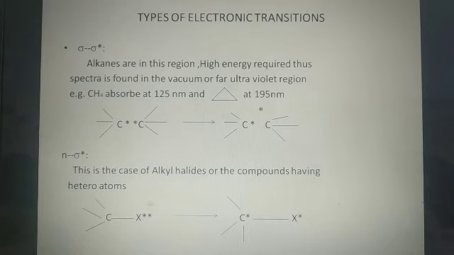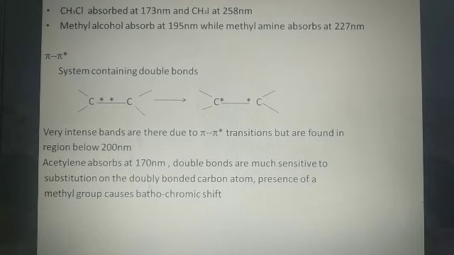The energy required for the excitation also changes with respect to the heteroatom attached. Suppose chlorine is attached. Then we know that chlorine is more electronegative, so electrons are firmly held by the atom. Whenever electrons are firmly held, they require more energy for the movement from one state to another. But in case of iodine, the electronegativity is less, so electrons are loosely held. They are farther from the nucleus. So lesser energy is required for the excitation when iodine is present. So that is the difference here.